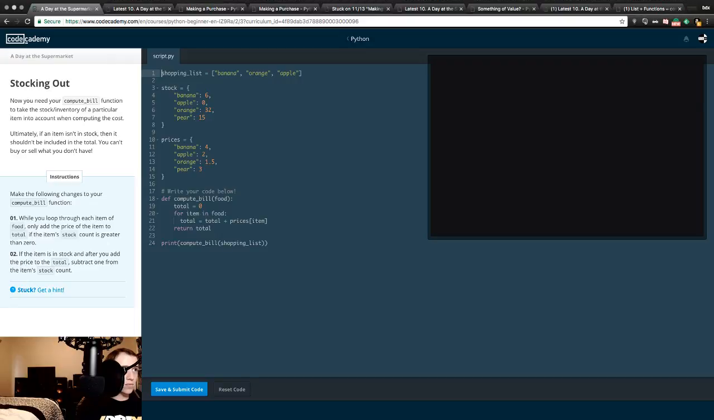Stocking out. Now you need your compute bill function to take the stock inventory of a particular item into account when computing the cost. Ultimately,